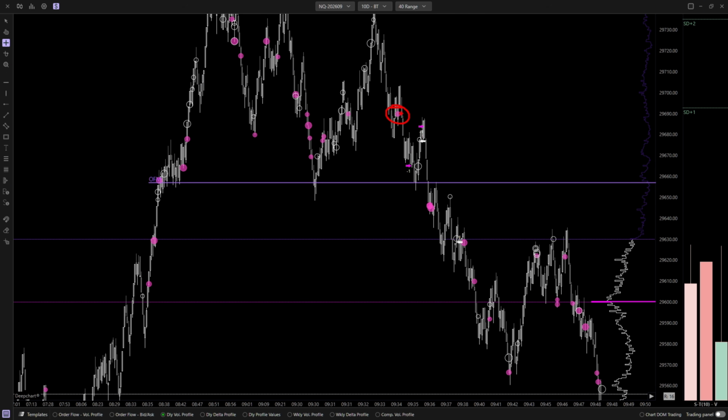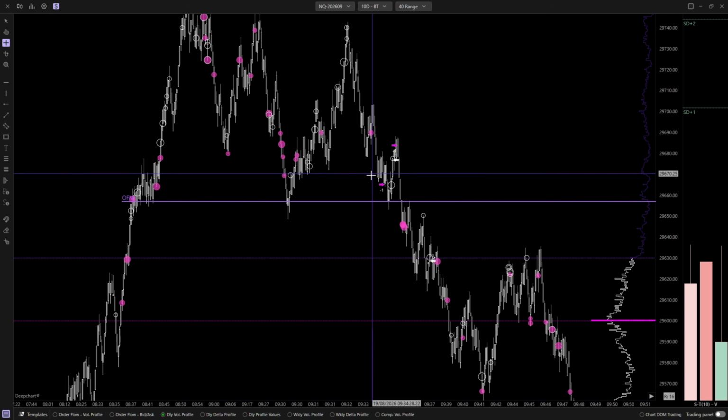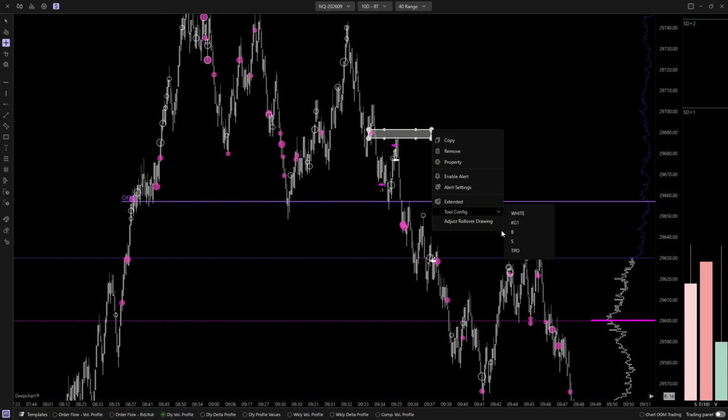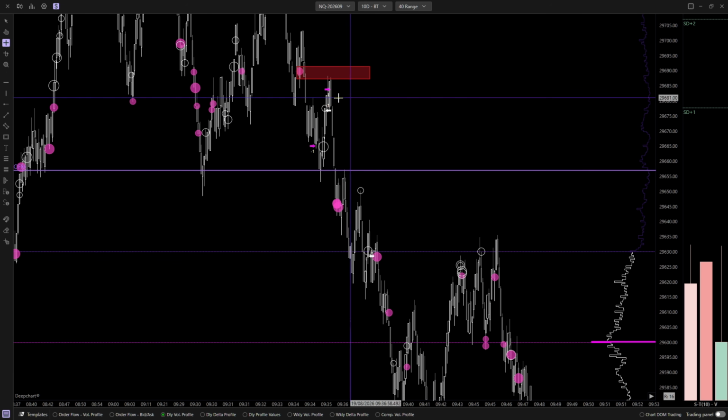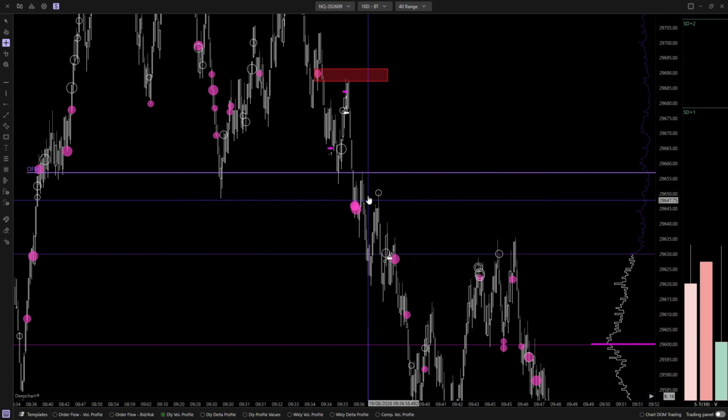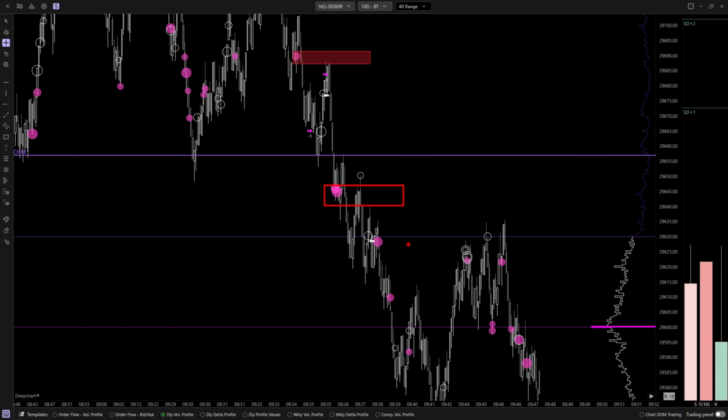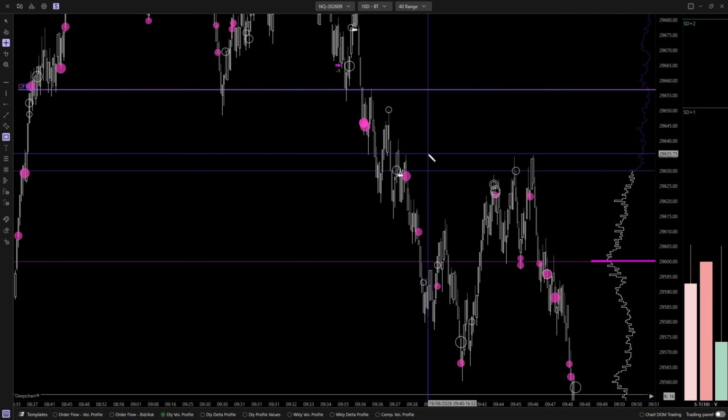You can see here, sellers come in, showing initiative that we should go lower. Obviously, this would be a high risk entry for an origin of the move entry, but sellers showed their hands and we went lower, right? And once we went lower from there, that's when I entered. But before that, when we went lower and lower, you could see a bunch of sellers are willing to price lower. So now you know that, right?